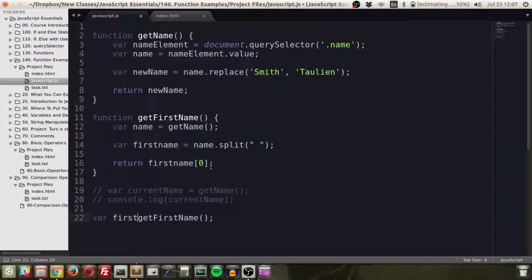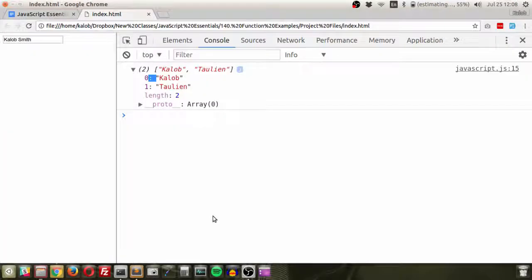And we're going to say variable firstName is equal to getFirstName. GetFirstName is going to run getName, whatever that returns. So this name is now the new name. We're going to take that name and we're going to split it. We're going to throw it into a variable called firstName, and we're going to only ever return the first part of that name. So this seems like a lot, and really it's just one step at a time. That's all it is. So save, refresh,